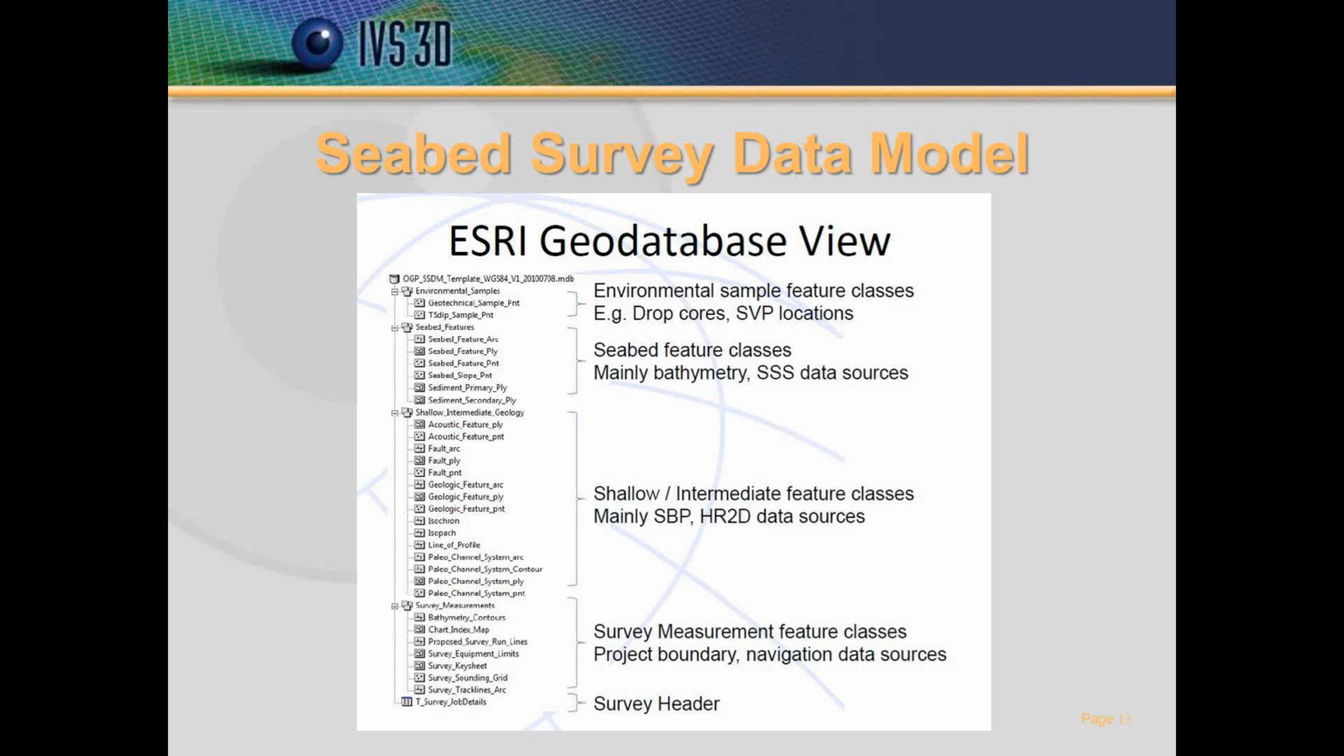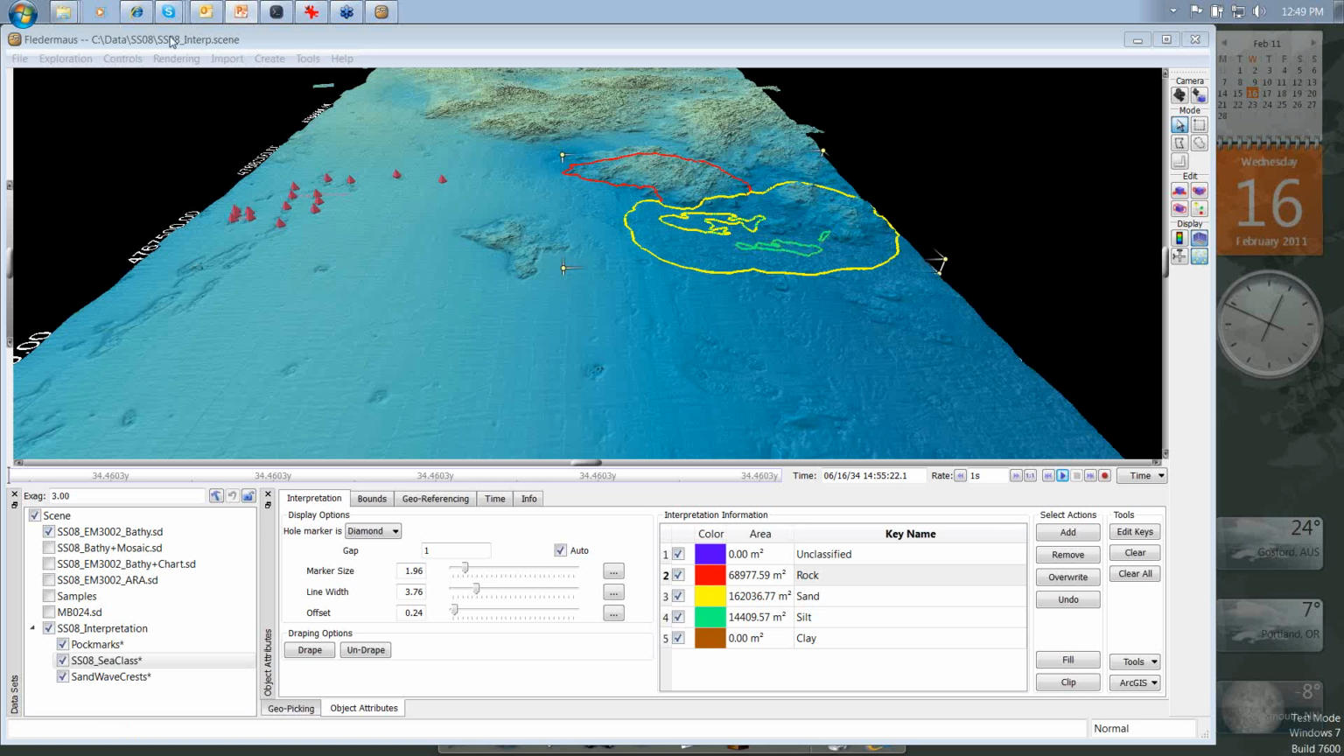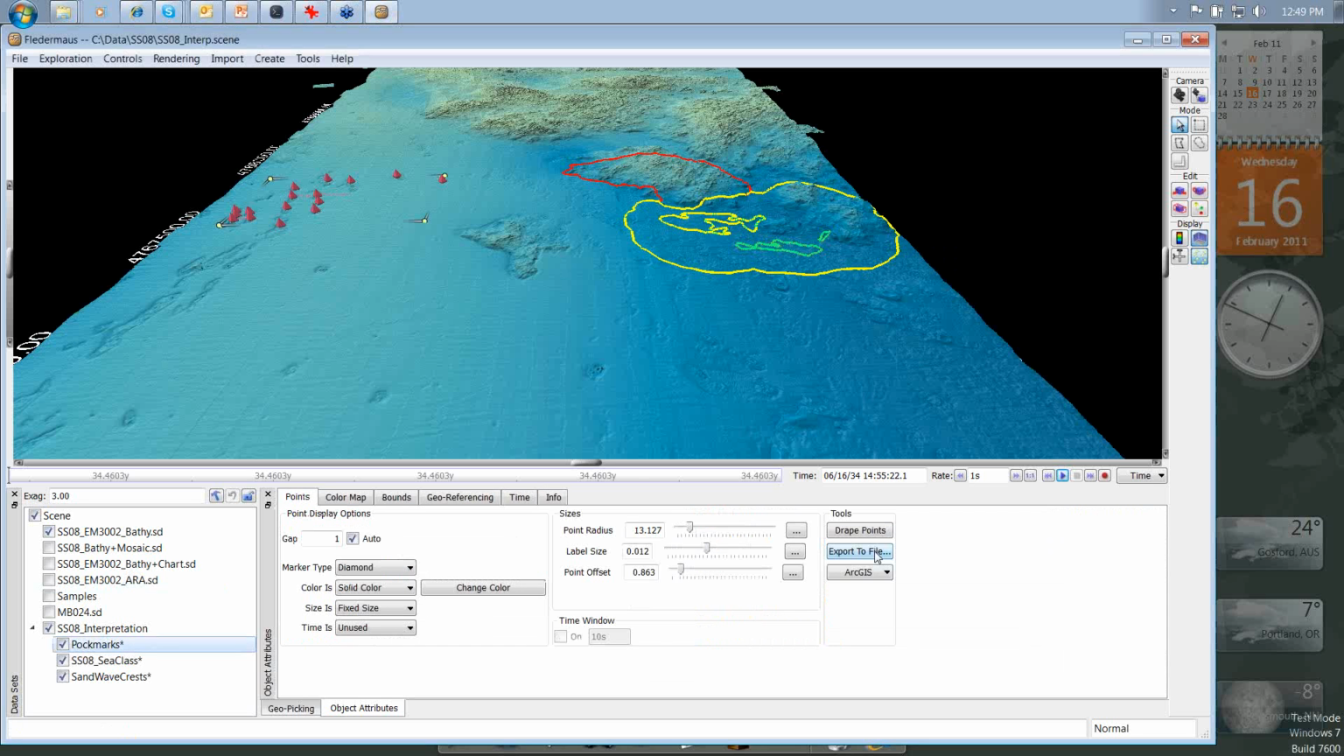And this should save a tremendous amount of time on both groups, avoiding asking for reissuing of data products that they can't quite fit into their GIS and then having to resupply things. So I think it'll be a big step forward. So we'll just take a quick look at, again, how you start to export data products from our Fledermaus scene here. So with our point data objects, the way you export information is just go to the export file,